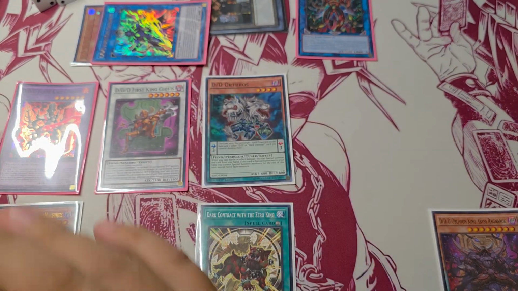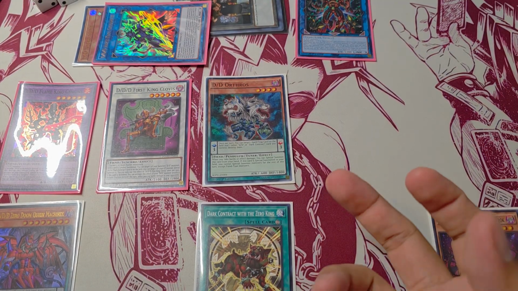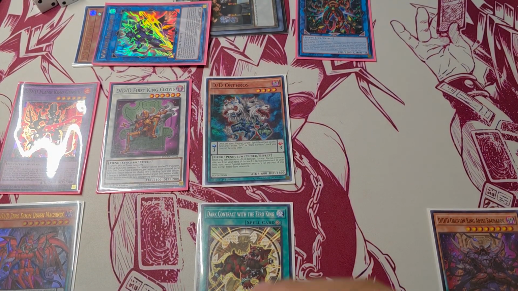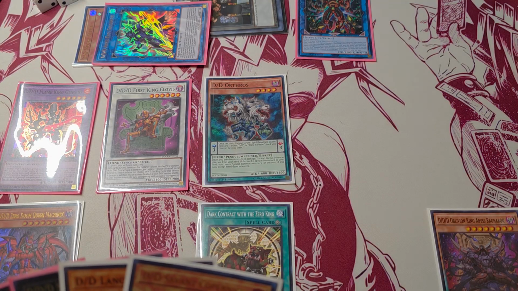Okay. Now, King Clovis has an awesome effect. So essentially, when it is synchro summoned, you can target one of my banished DD monsters. Or if I have their contract, I can target a DD monster in my graveyard instead and special summon it. So this is where we're going to special summon out our copy of...